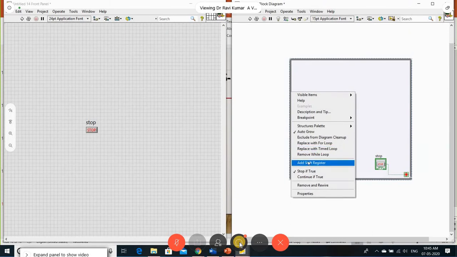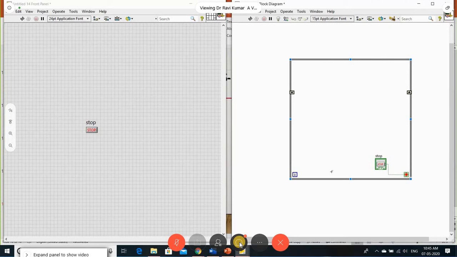How it will happen here is, for example, i is equal to 0. At that time, this is the value it takes, the present value. This is taken as the previous value. What is the previous value of the first iteration? Okay, you come to the next iteration. This will be taken as the second iteration value, and this value is taken as the previous value. Let me analyze this with some examples, then you can understand it.